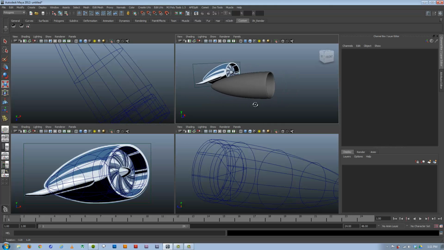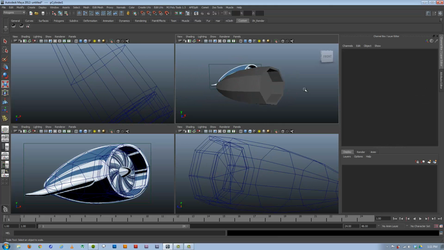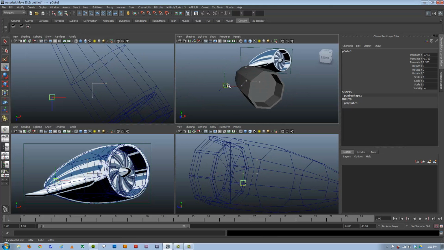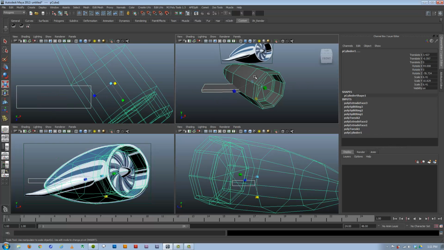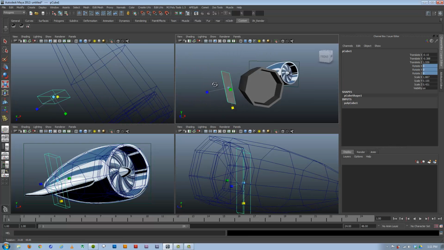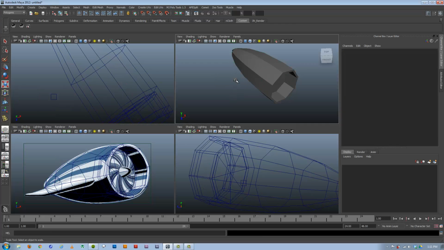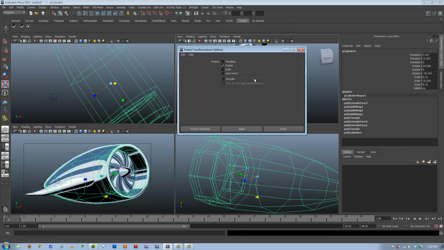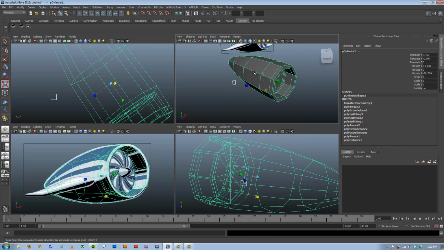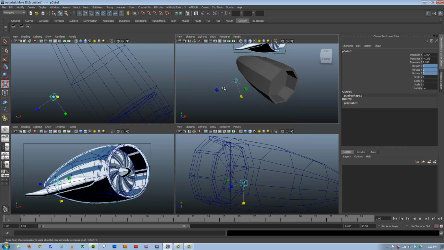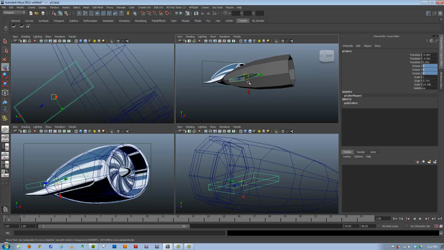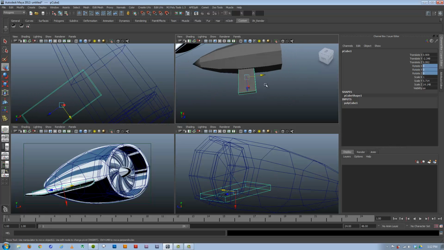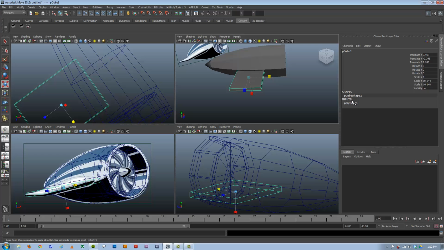Whenever I cut in a new edge, I try to place it before I cut in another edge. So every time I add new geometry, I try to make sure it's the correct shape. So here I'm adding a cube. And I've sped up this video at this point, so we're running now at 400%. I'm adding a cube, and I'm parenting it to the cylinder that I made, so it has the same orientation. And what I had to do just there was freeze transformations on this, but just the